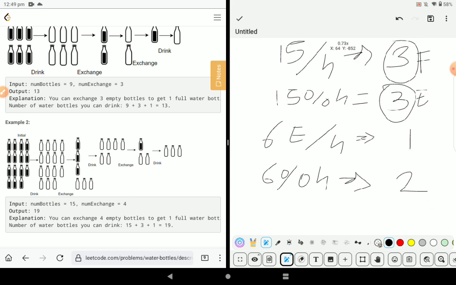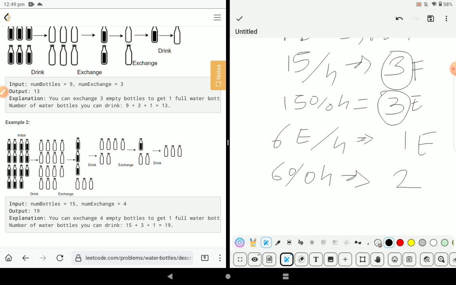It gives us 2. So 1, wait a minute, so we have 1 full and 2 empty. So basically total we have now 3 bottles. So 3 by 4 equals to what? It cannot be divided. Okay, as 3 is less than 4, so